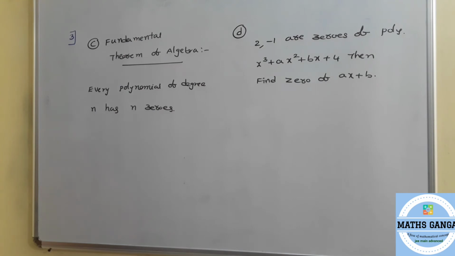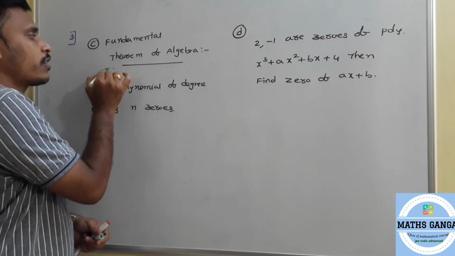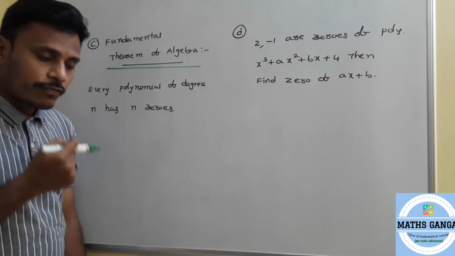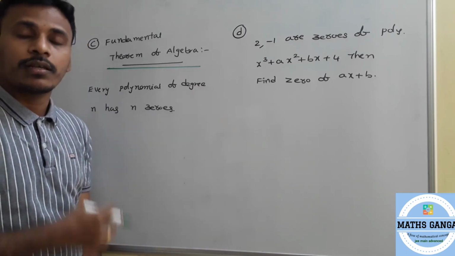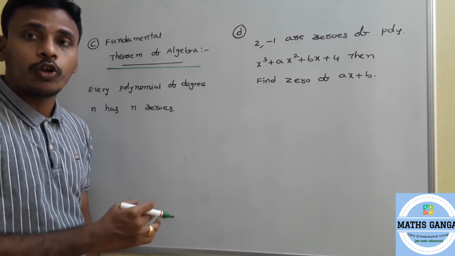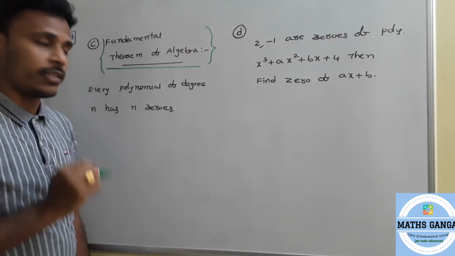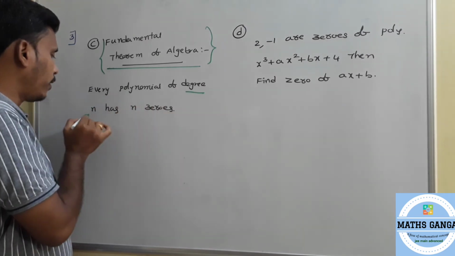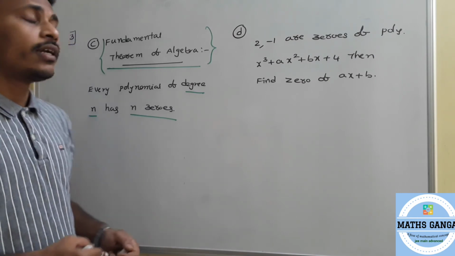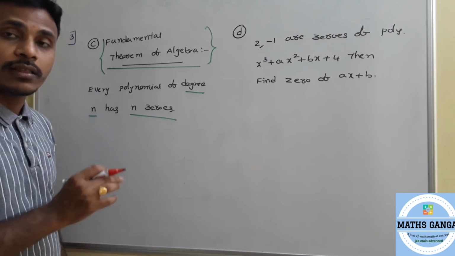So now some more points related to the zeros. Okay, let's have a look. Fundamental theorem of algebra. Just read out the name. Fundamental theorem of algebra, or you may say fundamental theorem of polynomials. Fundamental theorem is there for every branch of mathematics: fundamental theorem of arithmetic, fundamental theorem of algebra, fundamental theorem of calculus, likewise we have. And specifically here we are mentioning the fundamental theorem of algebra. What does it say? Every polynomial of degree n has n zeros. If you know the degree of a polynomial, easily you will mention the number of zeros. So every polynomial of degree n has n zeros is the fundamental theorem of algebra.